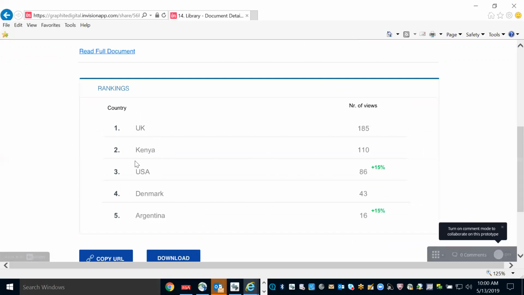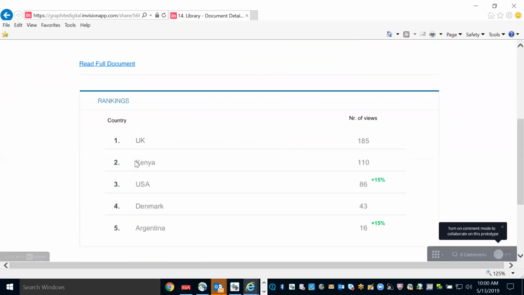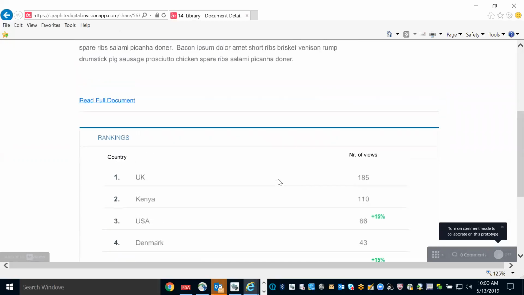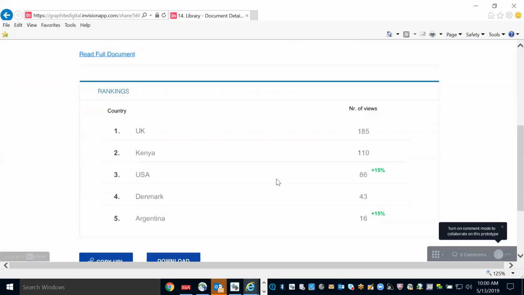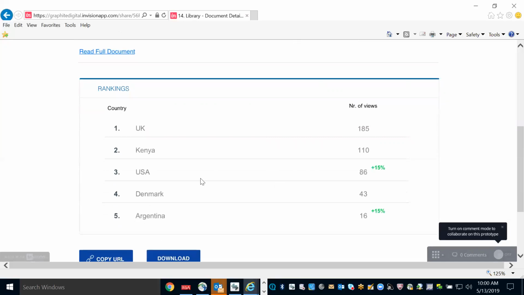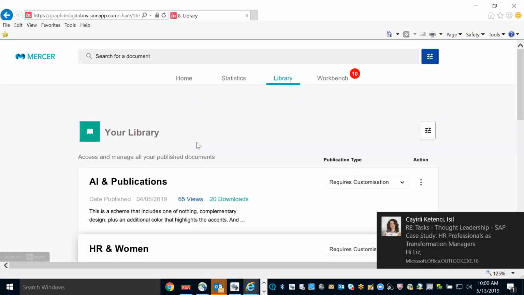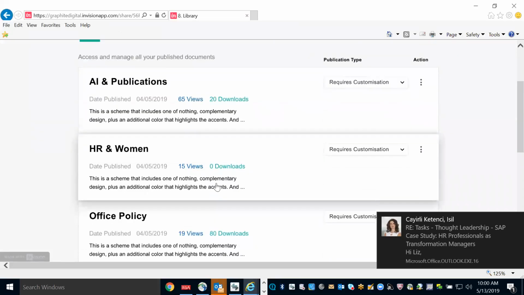Yeah, I don't know if country is necessarily what I would put here, but I think it depends on what people's unique needs are. But I think I would be looking more for, I mean, this is helpful to give you a sense of which country is ranking the highest in views. But I'd love to see more of the overall unique views, total downloads, that sort of information would be helpful, like what you have on the other page already. Yeah. Okay.